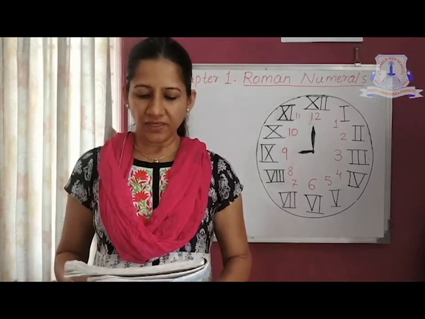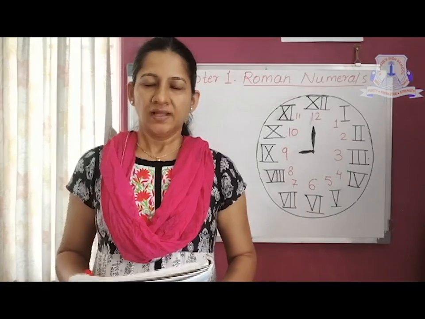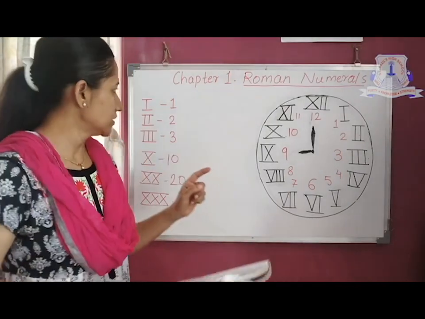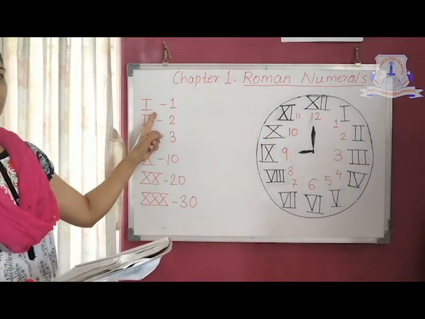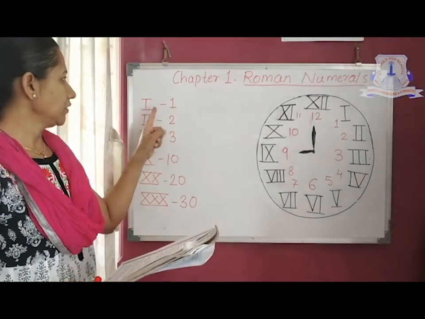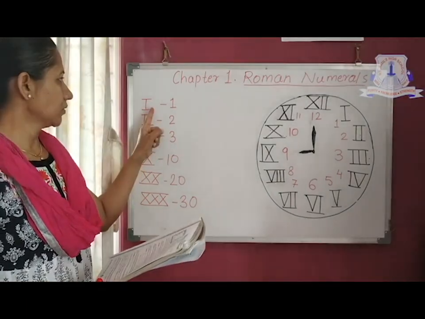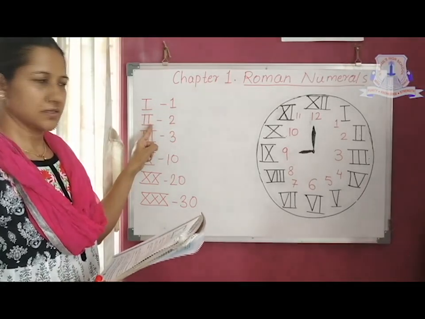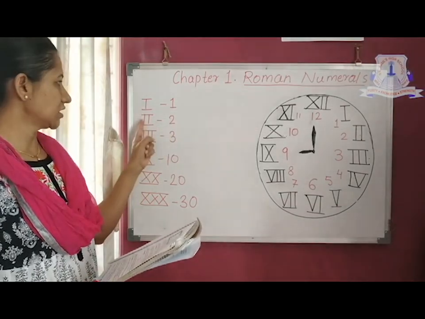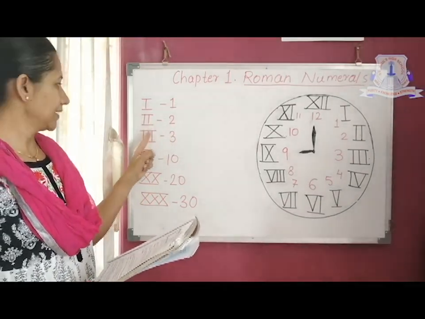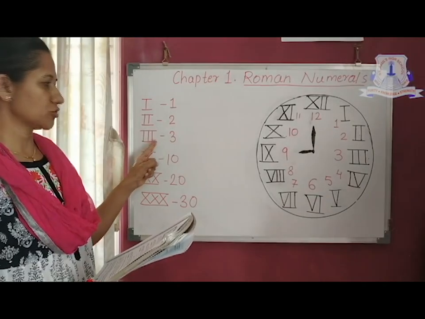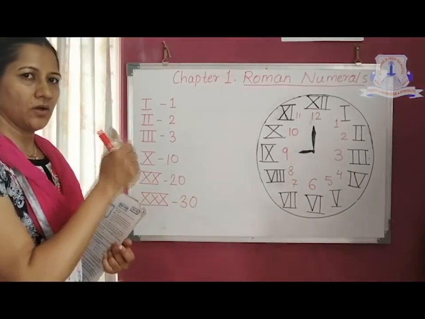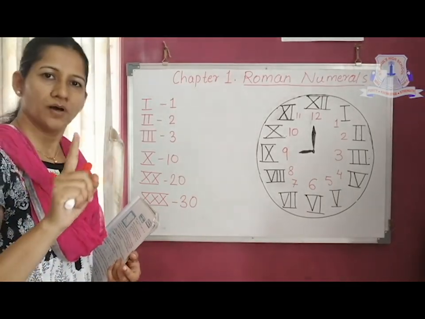The numeral V is never repeated consecutively. I have also mentioned this while explaining rule 1, but again I am explaining how it goes. For example, for writing number 1, we write I. So I is a Roman numeral which is represented by number 1. So 2I will represent 2. Consecutively I is written twice. Next, I is repeated thrice, so number 3. But I mentioned already that we cannot write 4 times I to represent number 4.